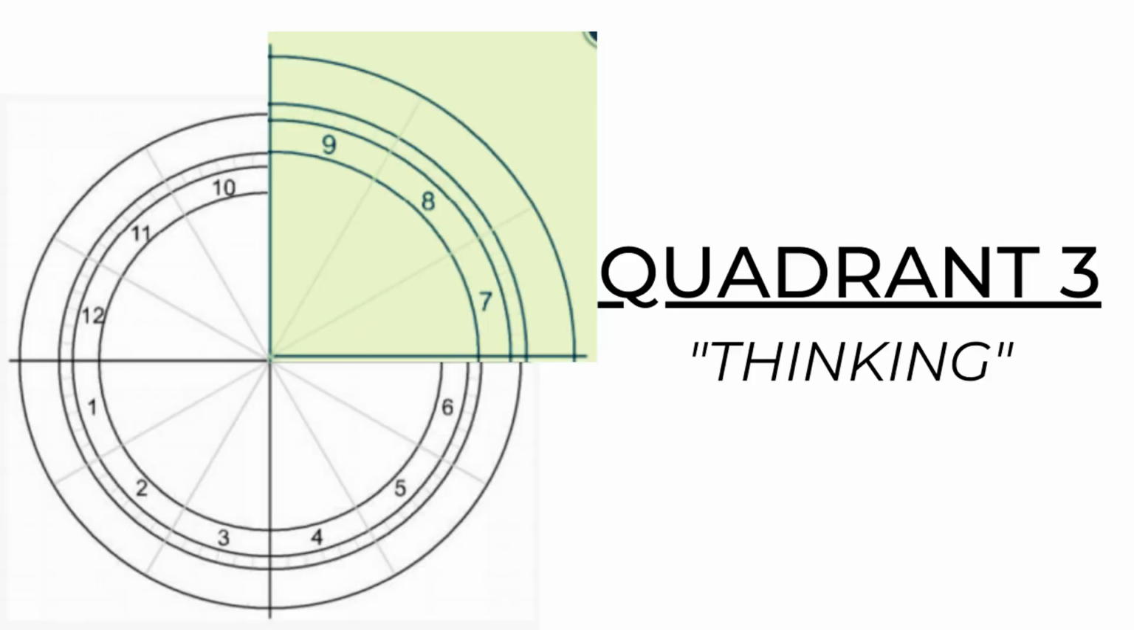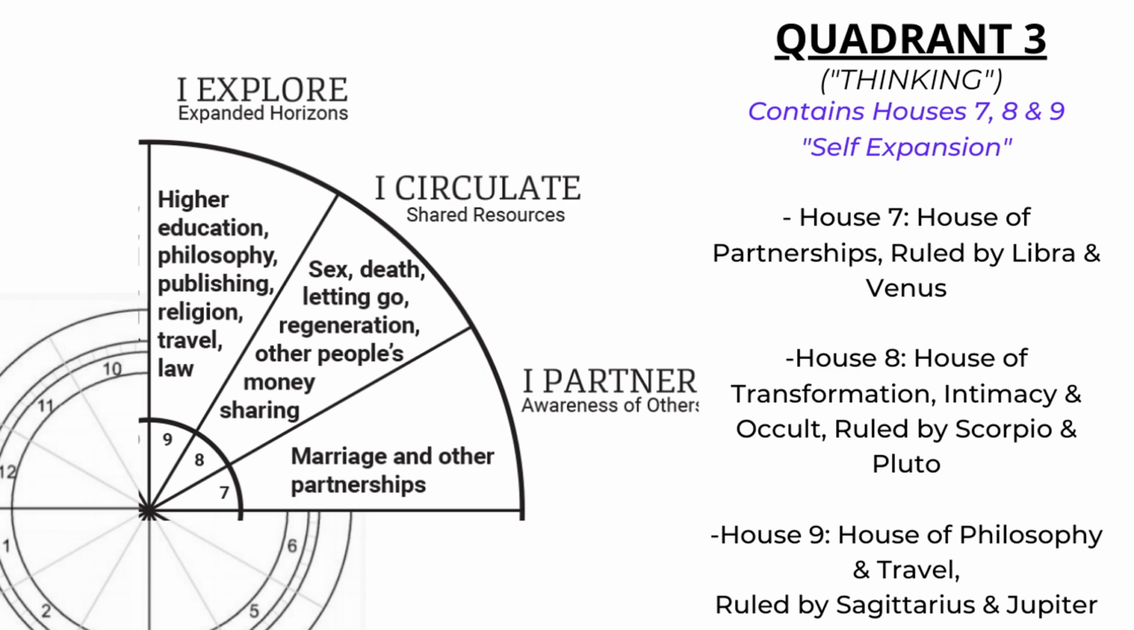Third, we have quadrant 3, the thinking quadrant. This quadrant has houses 7 through 9, considered the self-expansion houses. House 7 is the house of partnerships, ruled by Libra and Venus. House 8 is the house of transformation, intimacy, and the occult, ruled by Scorpio and Pluto. House 9 is the house of philosophy and travel, ruled by